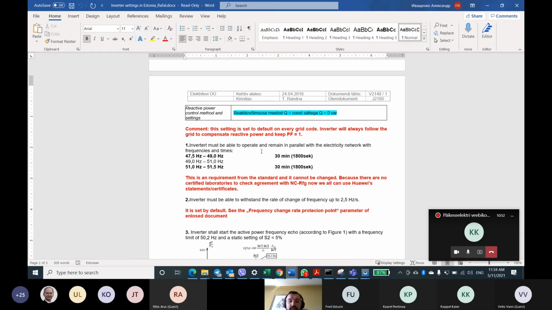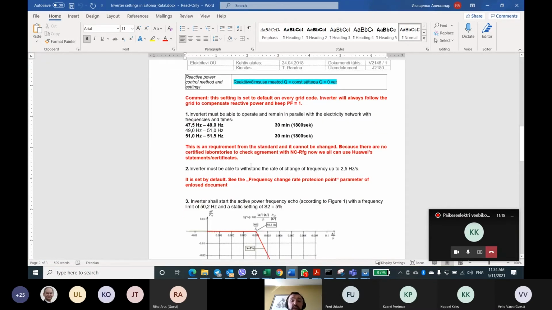We cannot check this requirement with our labs, and we can only issue the statement and certificate that the Huawei inverter can work in such conditions. So if you need, we will provide this certificate. But these parameters cannot be changed. They are in the firmware of the inverter, and we cannot modify them. So if your grid operator asks for confirmation, we can provide the statements and certificates that our inverter can work in such conditions.